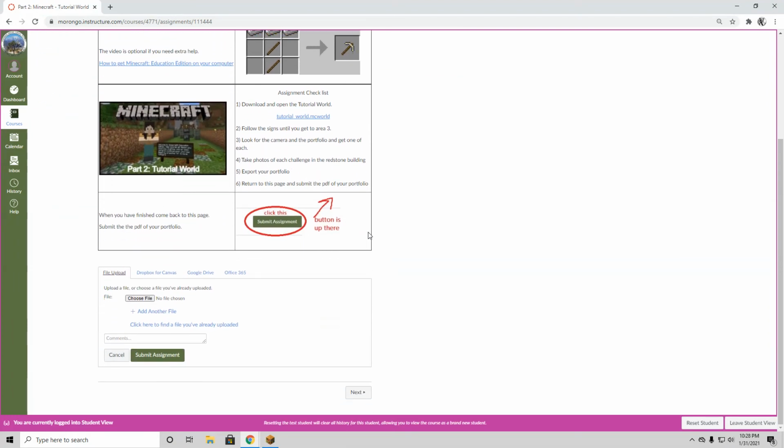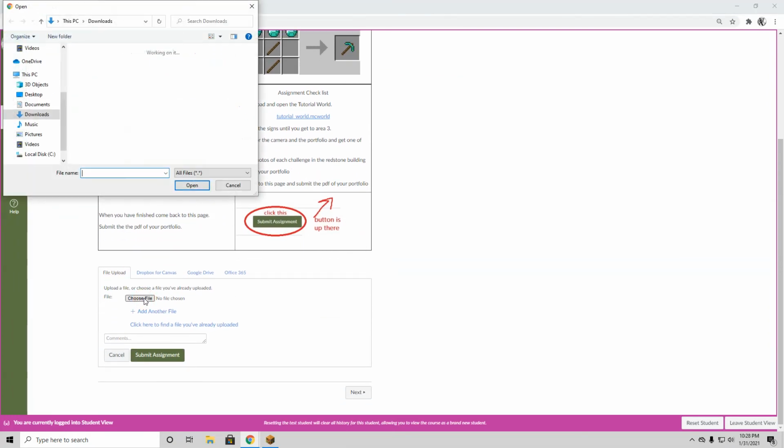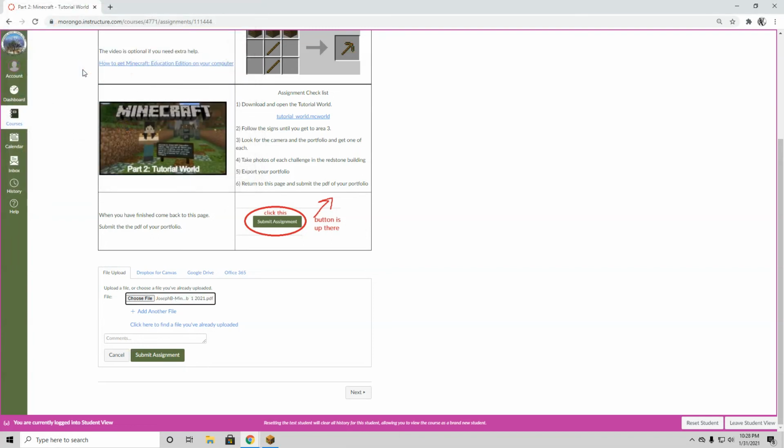You'll scroll down to here, choose the file. Here's the file I'm turning in. You can leave me a little note here that says whatever you want to tell me, and then go ahead and click submit the assignment. Once you've done that,